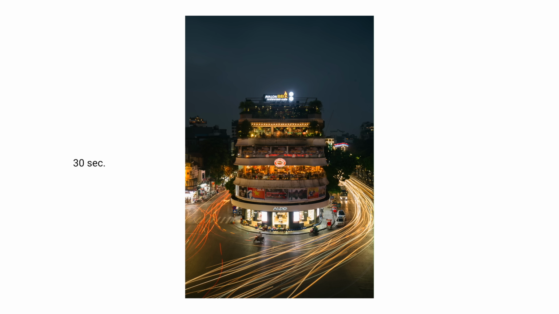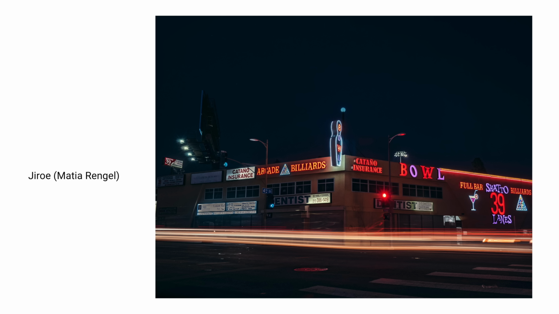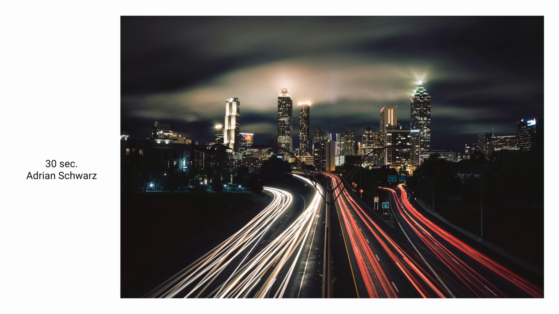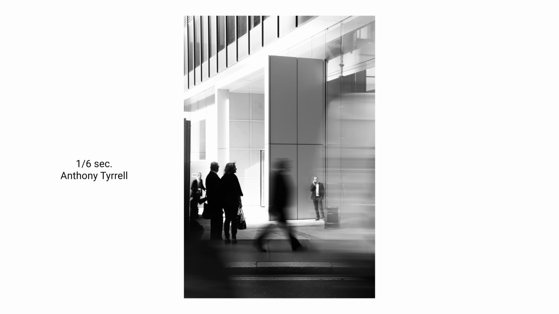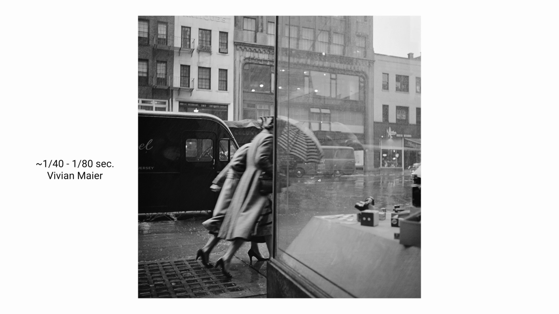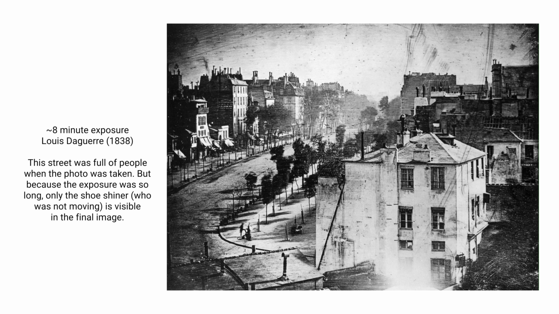Now, if you're shooting in a city, this is going to range drastically as well. If you want to capture the light trails from cars, you might need to use a 5, 10, or 30-second exposure to capture those light trails. But even shutter speeds of around 1 to 2 seconds is really the sweet spot for a lot of urban photography because it kind of creates this ghosting effect behind your subject. It introduces that feeling of movement in that scene without completely overdoing it to the point where there's no people in the scene at all because that exposure was too long and the people were moving too quickly through the